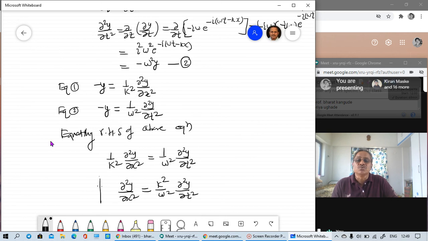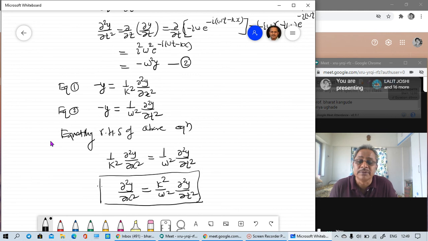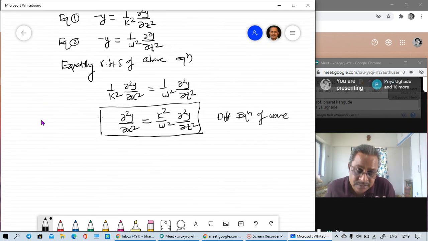Okay, and this is the equation we have been asked to prove: the second order partial differentiation of y with respect to x and of y with respect to t are connected by this equation, which is called the wave equation, the differential equation of wave. So remember, we are going to come across these equations very frequently in the second semester when we go for a separate course, that is oscillations, waves and sound. So we have to deal with different types of waves, transverse waves, longitudinal waves, their properties and lots of other things.